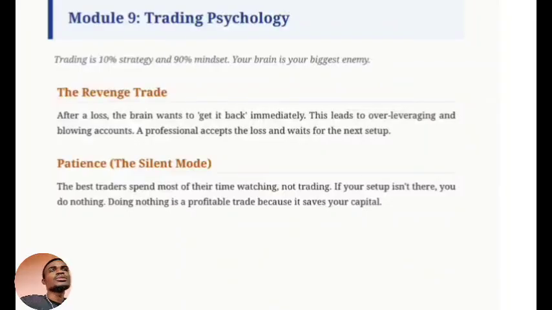Trading, or let me say your strategy. Have you heard of the saying where some people say your strategy is just 20%, some say strategy is 10%, your psychology is 80, some say psychology is 90. Right here I said trading is just 10% of your strategy. That's what price, like market, that's what is necessary in the market. It's just 10% of your strategy, but